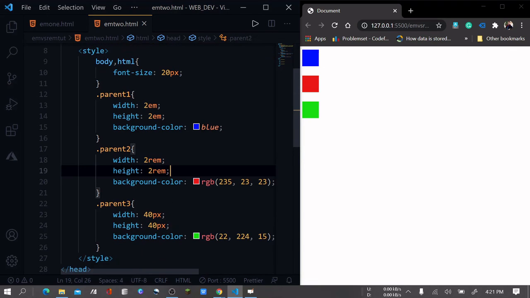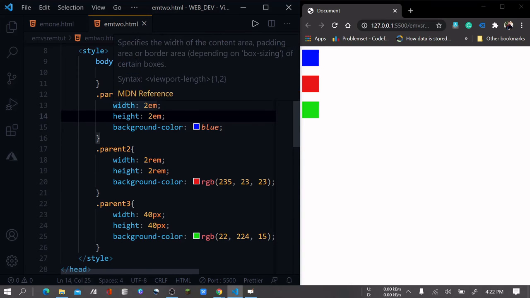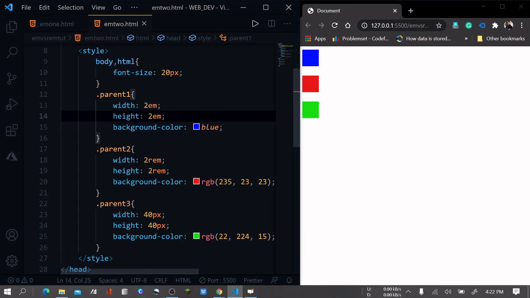So you will not be confused while you are coding, while you are designing the web page, and you won't be surprised if you are using rem. You can also use em, but you have to be careful because em will look at the parent.